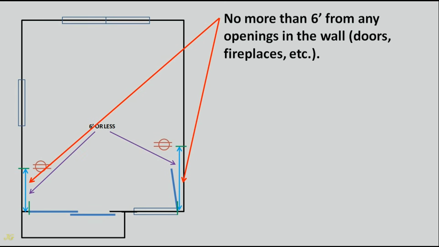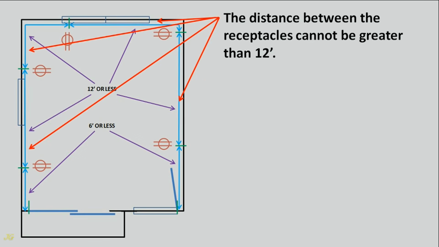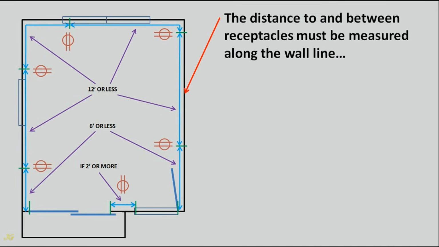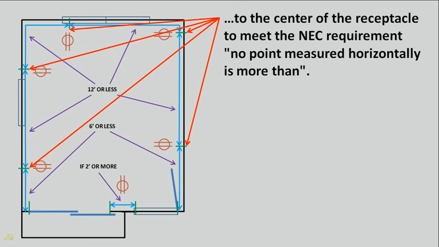No more than 6 feet from any openings in the wall, doors, fireplaces, etc. The distance between the receptacles cannot be greater than 12 feet. Any wall space 2 feet wide or more requires a receptacle outlet. The distance to and between receptacles must be measured along the wall line, to the center of the receptacle, to meet the NEC requirement, no point measured horizontally is more than